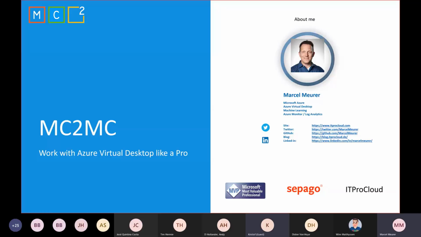about one of my favorite services in Azure. In this case, Azure Virtual Desktop. And I'm doing Azure Virtual Desktop, I guess, since two and a half years ago. Started with the first version of Azure Virtual Desktop, this time Windows Virtual Desktop, which was quite a challenge because